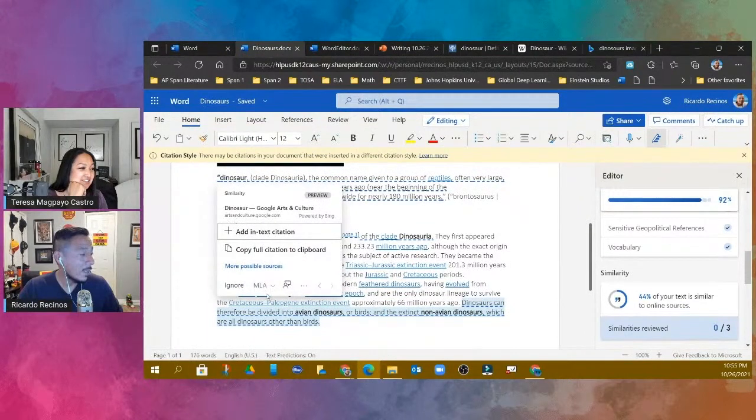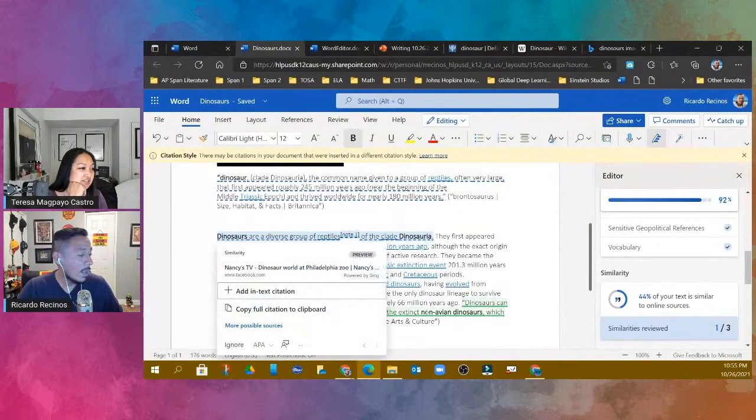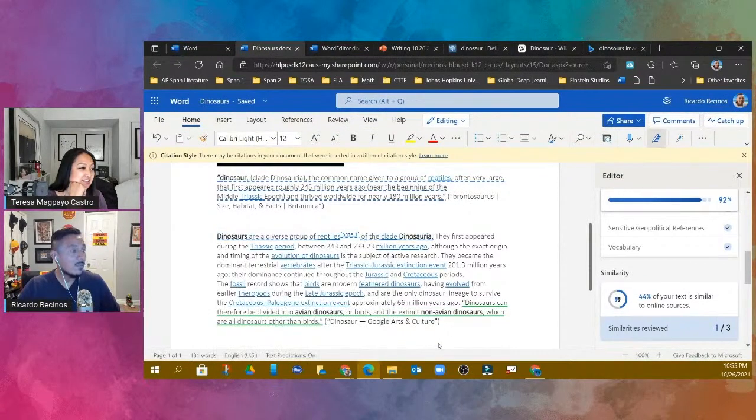Okay, so again, I can come here and say, you know what, I want to do this one, I don't know, APA if I wanted to. Okay, and then add, and it will also do the citation the right way. Wow. Okay, so kind of a great tool to have that I think is going to help our kids.